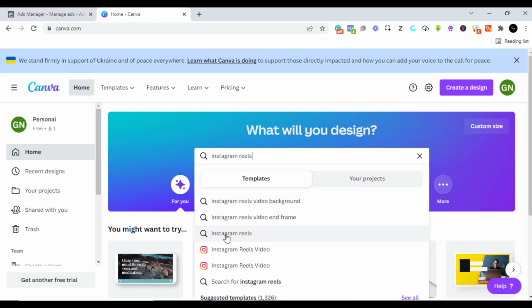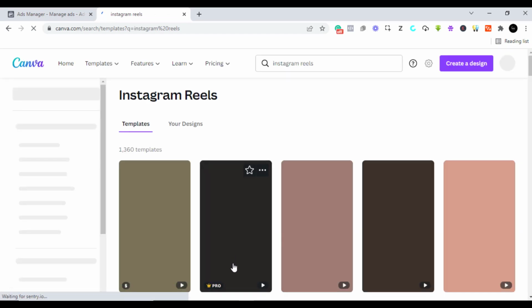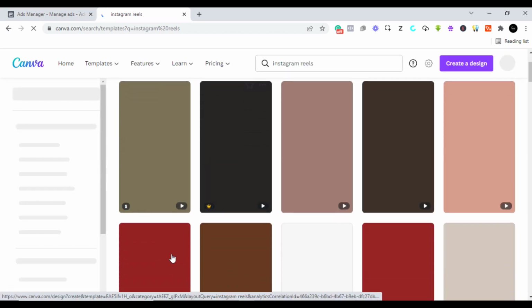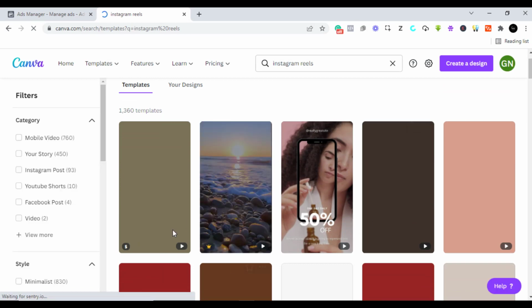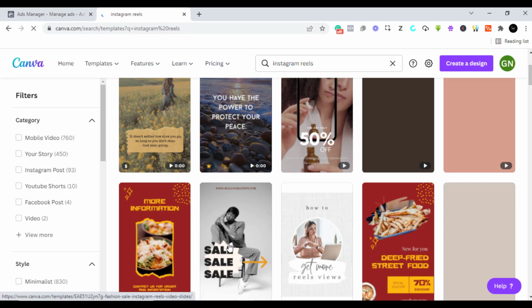Yeah, so we have something here. As you can see, reels are usually videos. So we are just going to use one of the templates that Canva will give us. These are templates that you can edit and use. All right, so you already know the message you want to pass